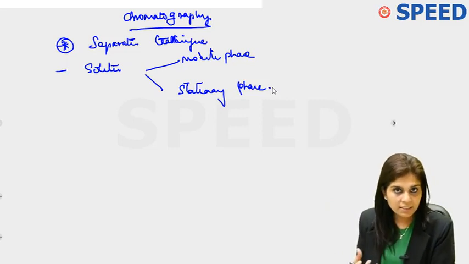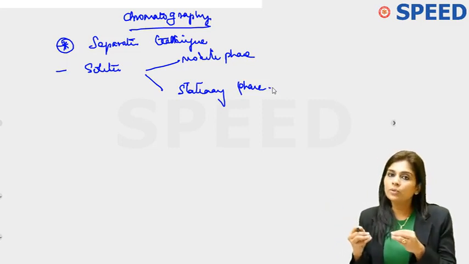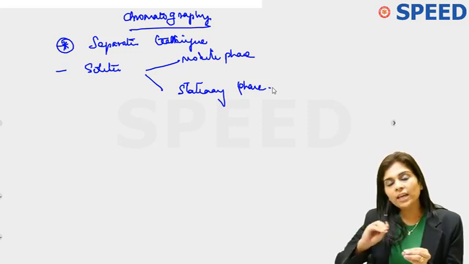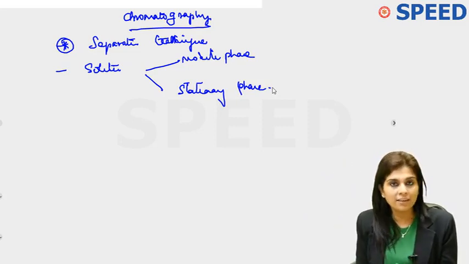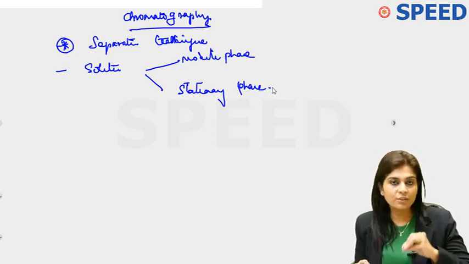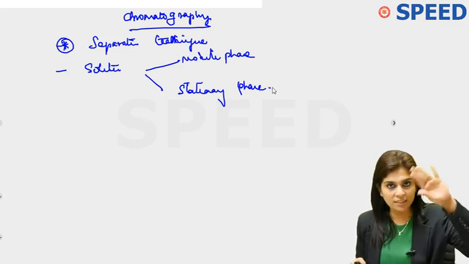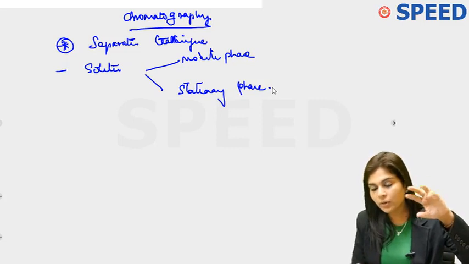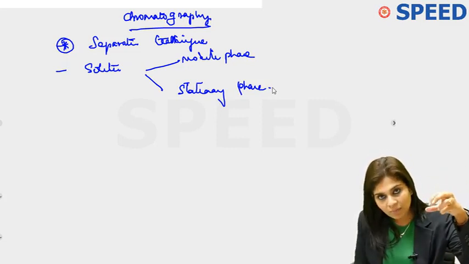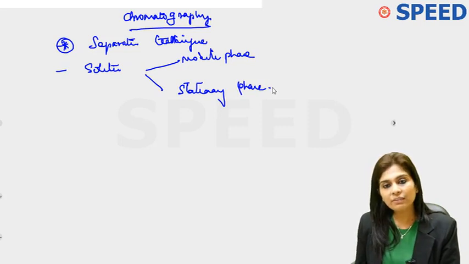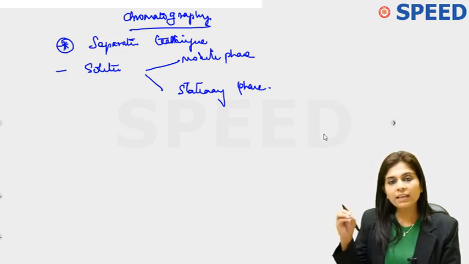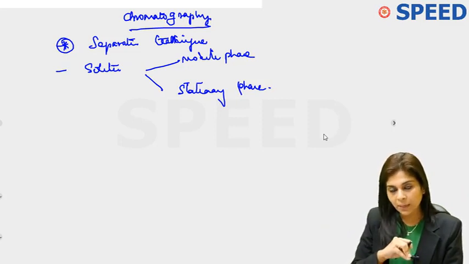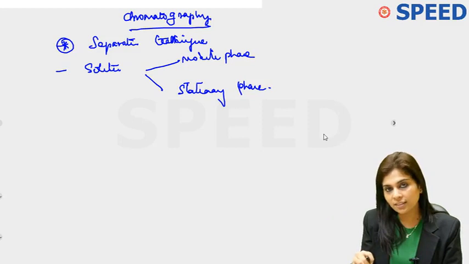We know that, right? In that case, depending upon whether a solute has got an affinity to a mobile phase or to a stationary phase, the solute either moves faster or it gets retarded. Logically, if a solute has got an affinity to mobile phase, it moves faster. If a solute has got an affinity to stationary phase, it gets retarded. That way, you're capable of separating two solutes. So what is chromatography? Chromatography is a separation technique wherein you separate solutes based on differential distribution of them between a mobile phase and a stationary phase.